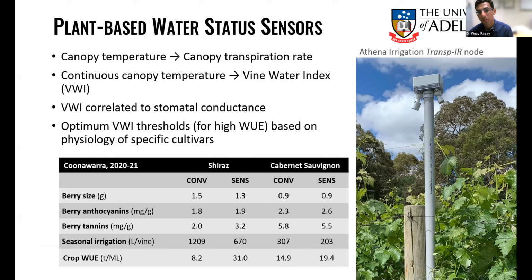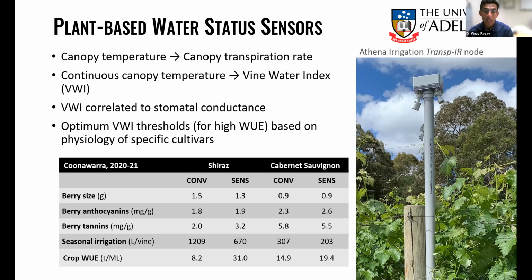And basically there we looked at Shiraz and Cabernet, where we conventionally irrigated some vines versus a sensor-driven approach. The sensor-driven approach was driven based on specific understanding of the responses of stomata for Shiraz and Cabernet to irrigation and specific thresholds we had developed to increase water use efficiency. As you can see here from the data sets, we didn't change berry size or quality parameters, anthocyanins and berry tannins,